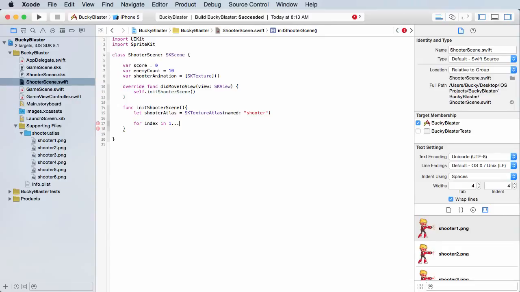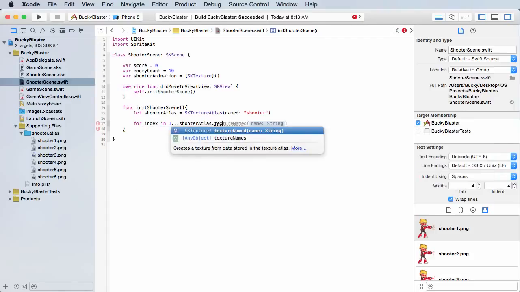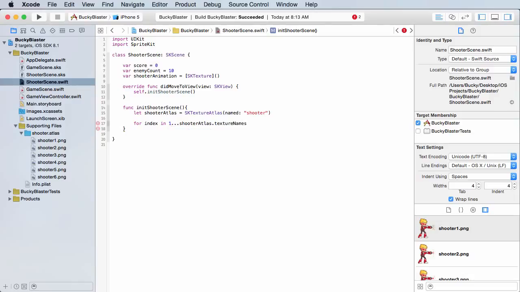All right, so for here, we want to go from 1 to 6, but we just don't want to write 6. Instead, we can write shooterAtlas.textureNames.count. So this is pretty much just going to count how many textures or how many images are in this folder for you. So you just don't have to write any hard-coded value right here. It gets it for you. So from here, what we need is first